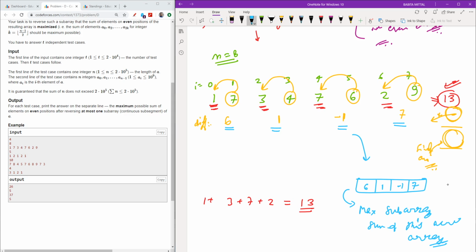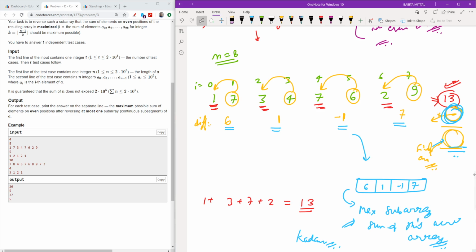Understand why I am finding its maximum subarray sum: because I need the maximum thing which I can add here to get the maximum final answer. And what is the maximum thing? It is by replacing the odd indexed elements with the even indexed. And we can find this with the help of Kadane's algorithm.